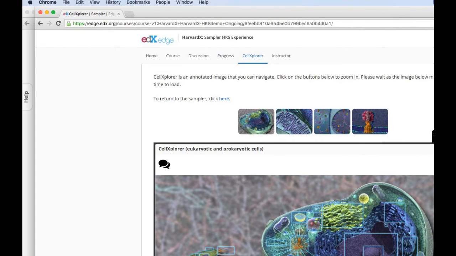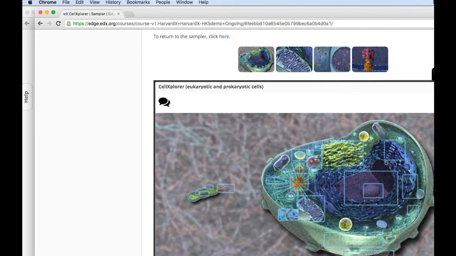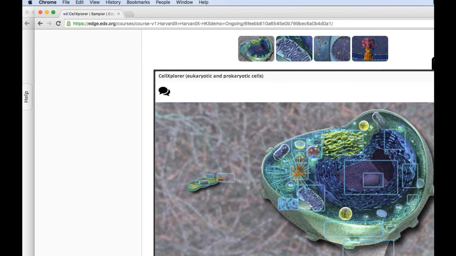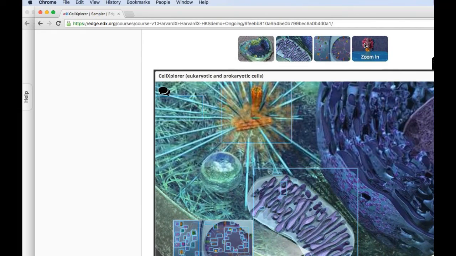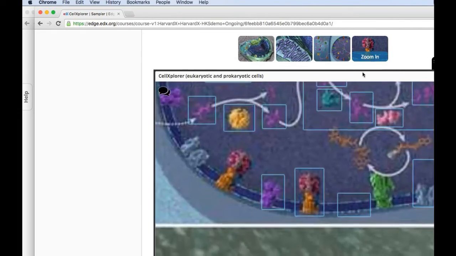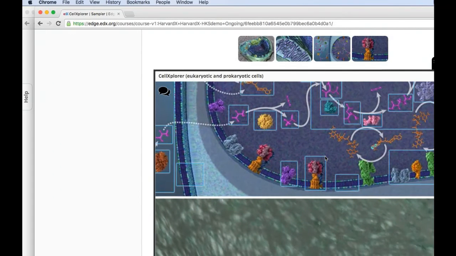Oh, it's too bad it's so dark. Is there anything we can do on the screen for this? It's a very, very colorful graphic of a cell. Now let's see. Okay. So anyway, they're very high resolution images that we can zoom right to a part of the cell.